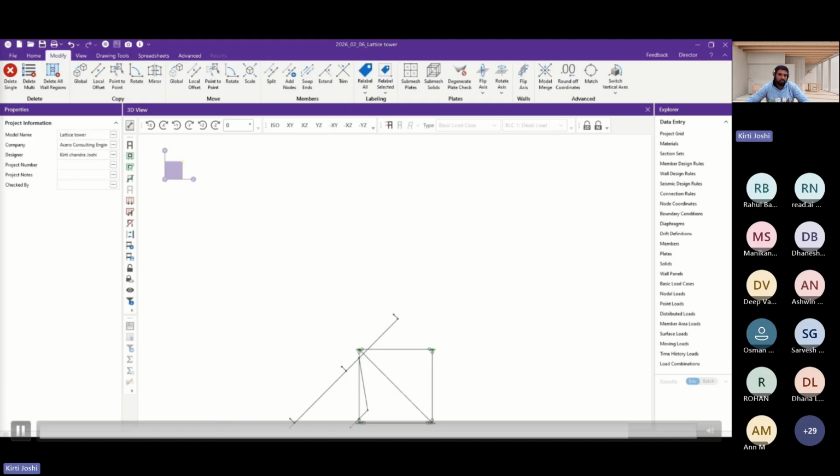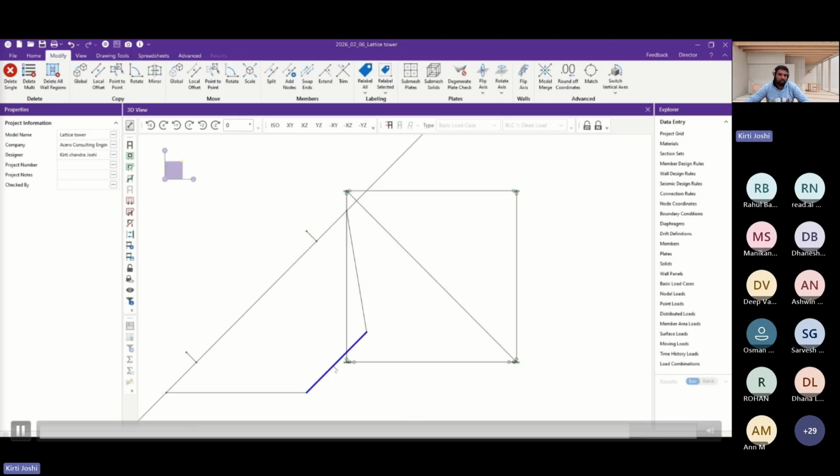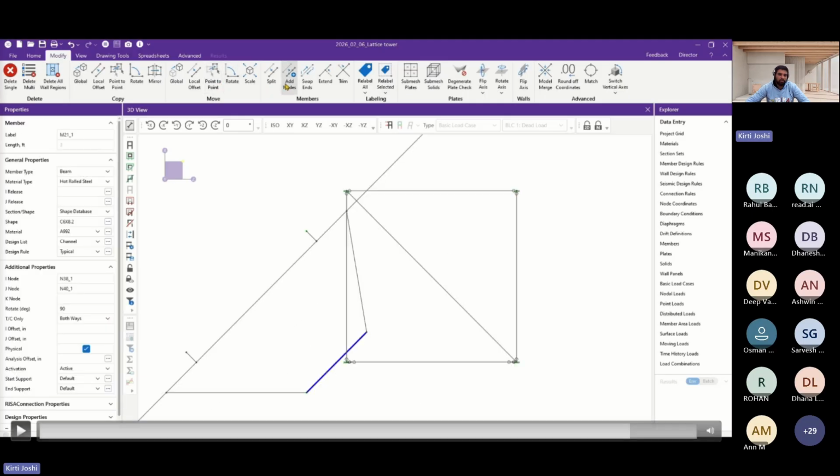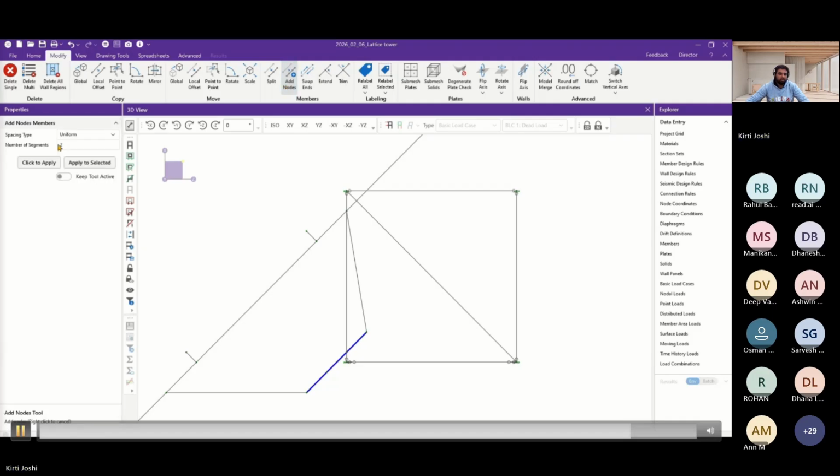Then you can zoom in and out and see that the nodes have not been properly aligned with this. So I can create a dummy node here and we'll shift that node to this intersecting node. I'll just create a dummy node